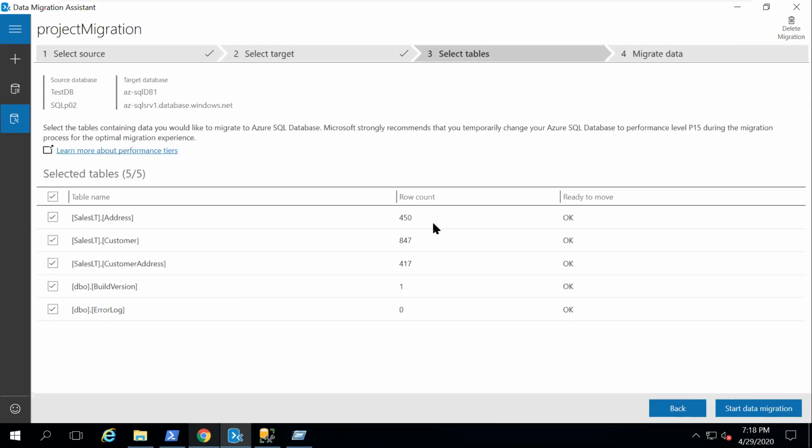See how many rows are available: 450 rows. So it is ready to move. There is no deprecation, no compatibility issues, nothing here, so you can go smoothly.